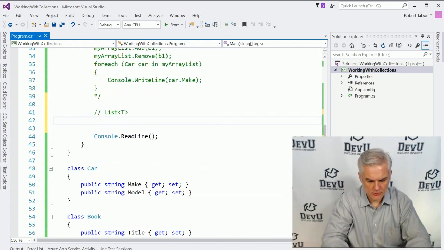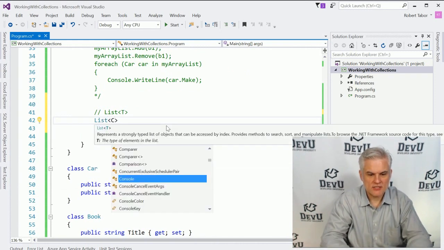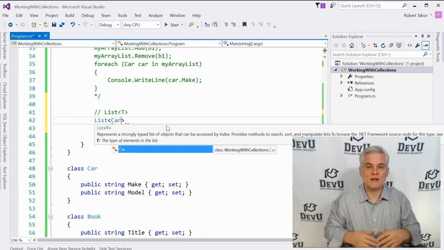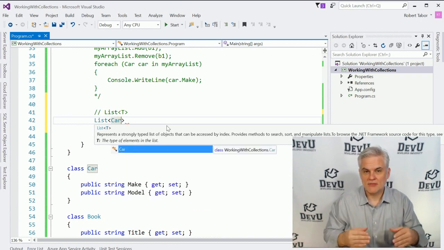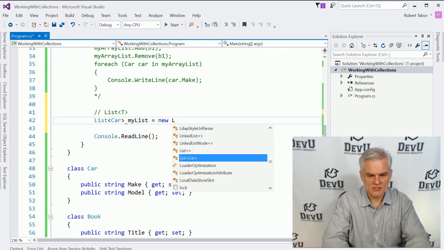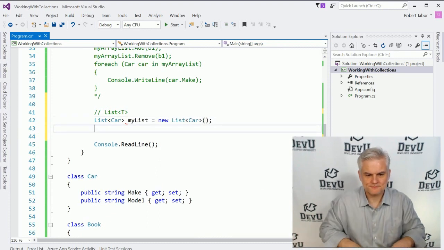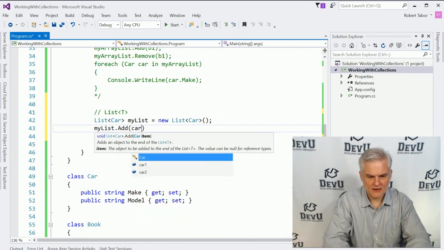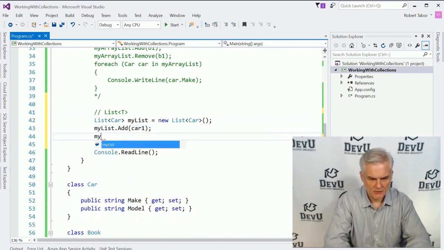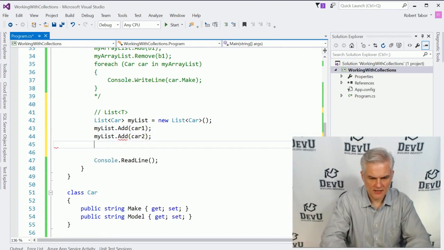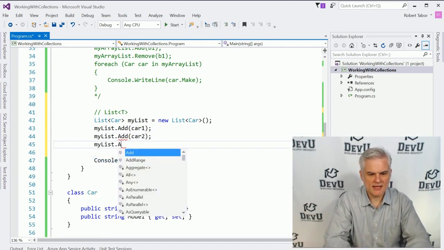This time we're going to go list, and notice that I'm using angle brackets, and in between the angle brackets I'm going to say what data type I want to use. In this case I want to use the car data type. So list of car called myList equals new list of car, like so. And at this point we can go ahead and add car1 just fine. We can add car to myList. We can add car2 just fine. But what happens when we attempt to add the book